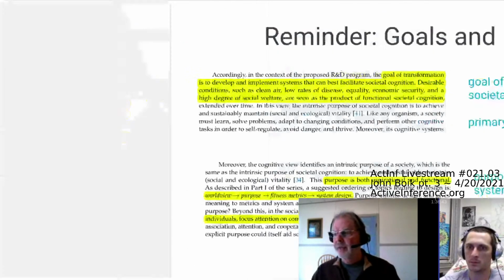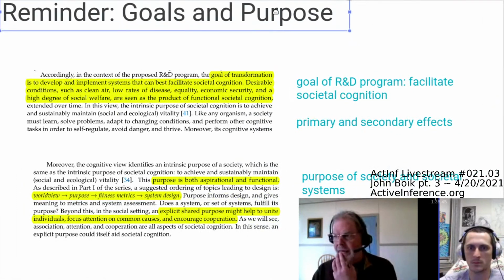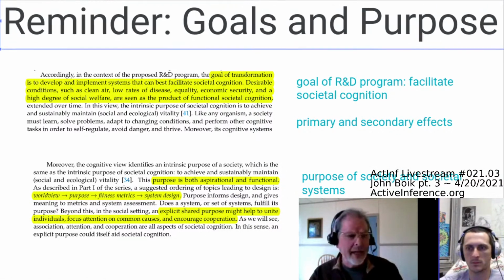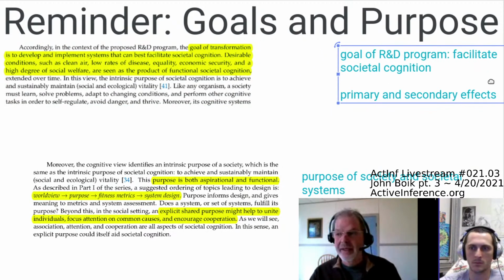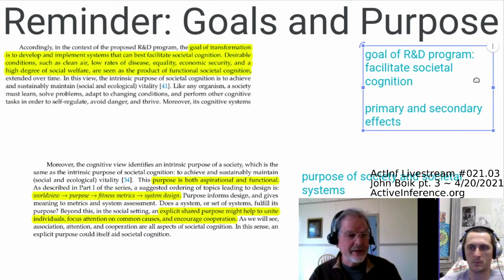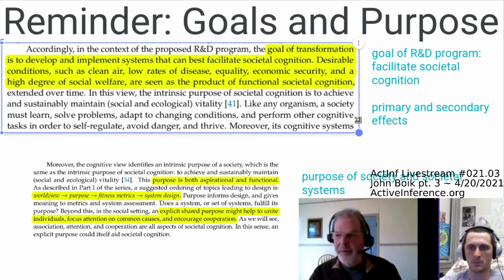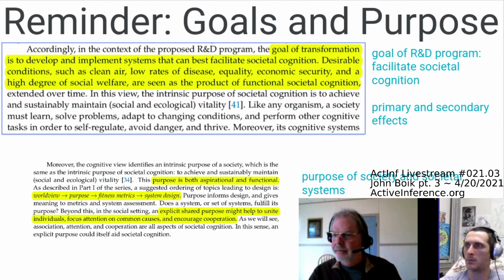Just some reminders from our previous talks about the goals and purpose of the R&D program, and of the purpose of an organism itself, and thus the purpose of a societal system that serves a group of organisms, a society. So the goal of transformation from this view is to develop and implement systems that can best facilitate societal cognition. So that's the goal. We have metrics to assess whether a new design is better or worse than some other design. And importantly,